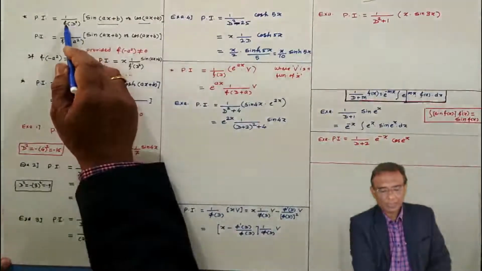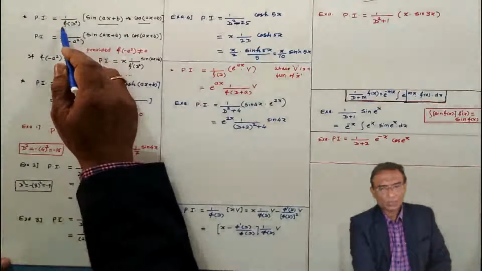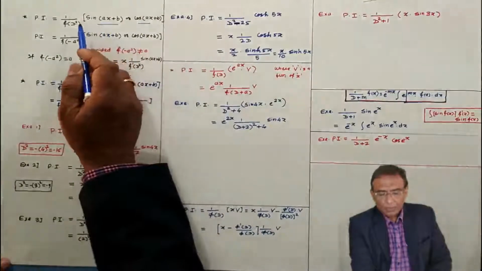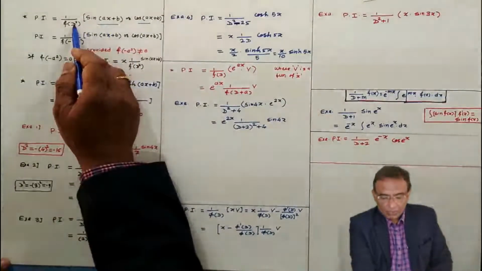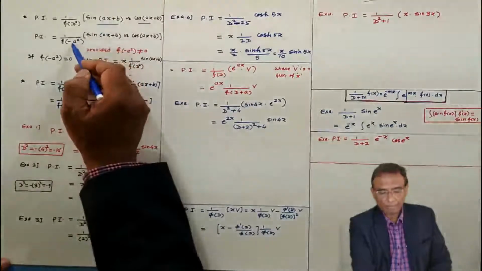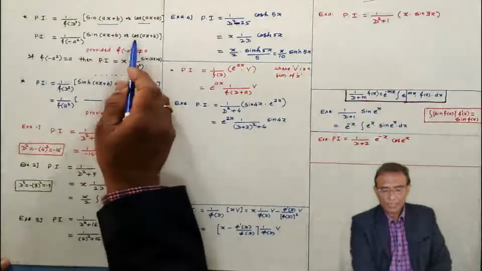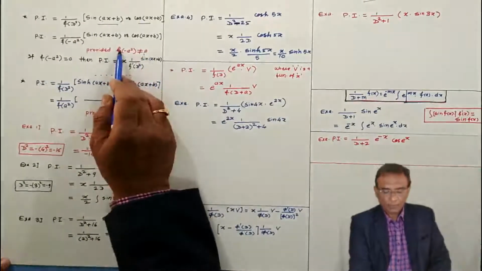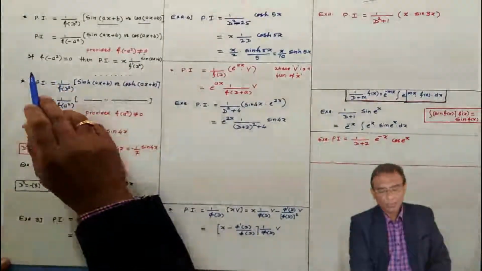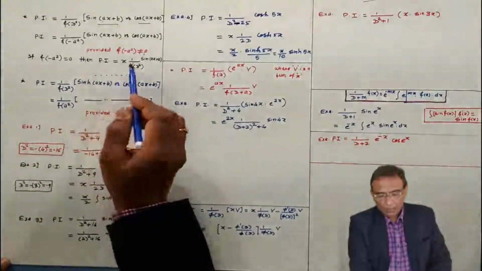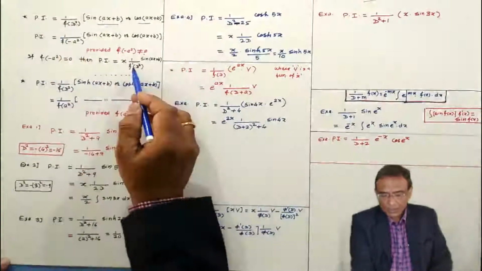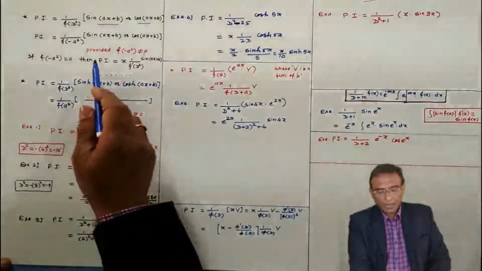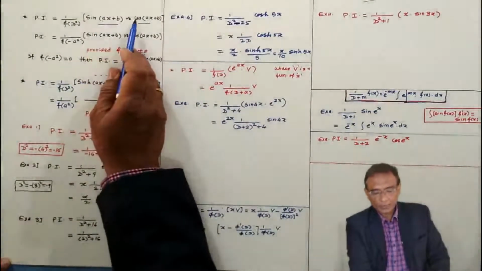Therefore, I have written function of D square, f of D square, or phi of D square, or phi of D, you can write, it is okay. But when you operate the operator on sine and cos functions, only D square is the target. D square must be replaced by minus a square, where a is the coefficient of x, provided phi of minus a square is not 0. And if phi of minus a square is 0, then we have to write x outside of the operator and take the derivative of this with respect to D, f dash D square, and this function.